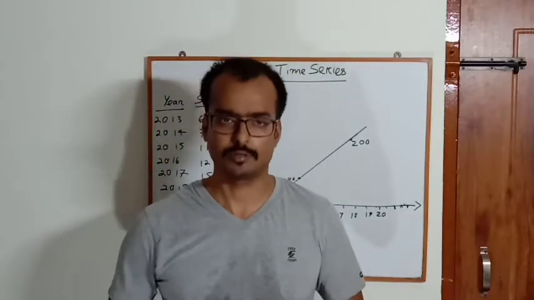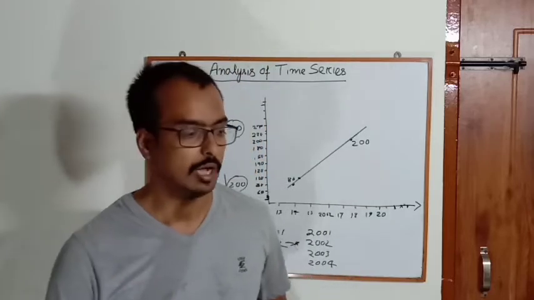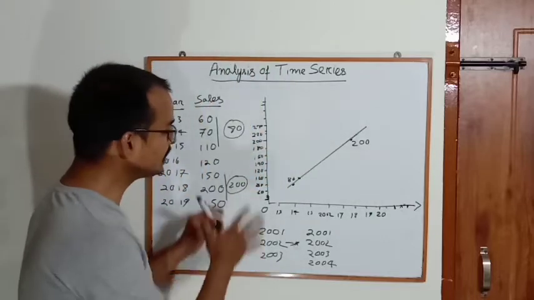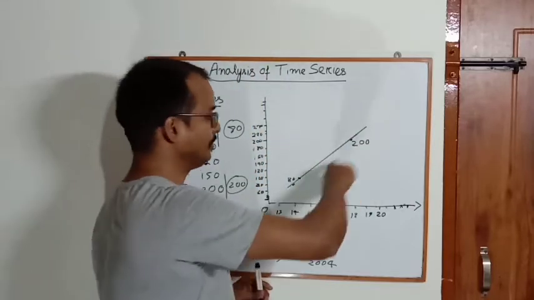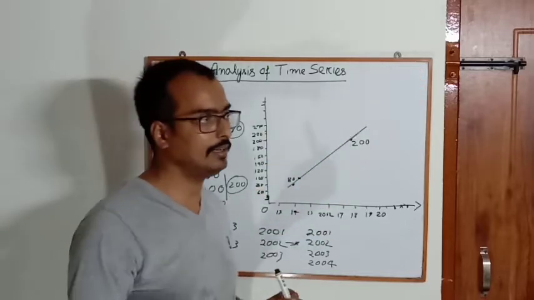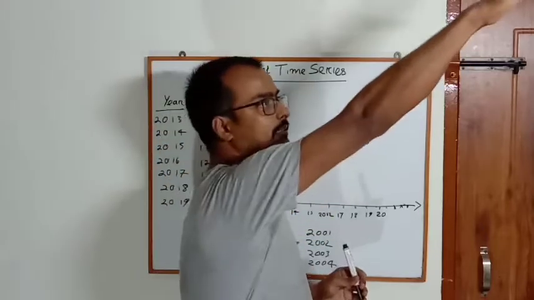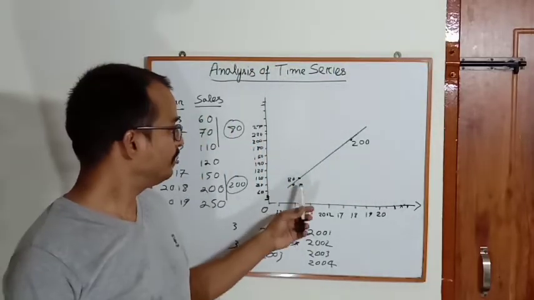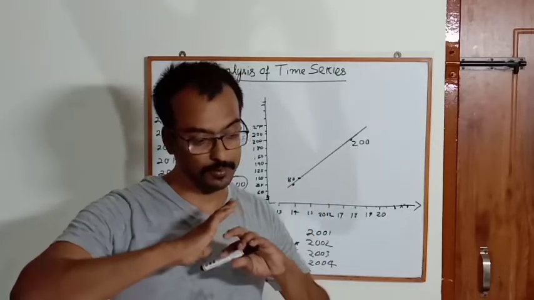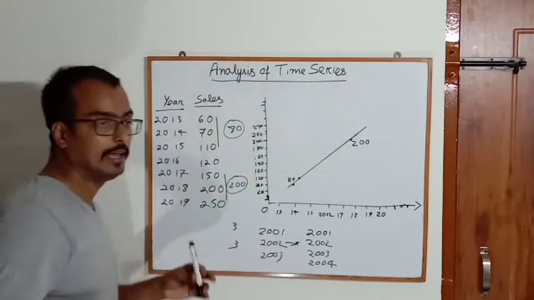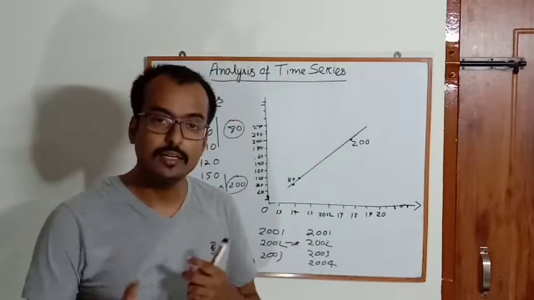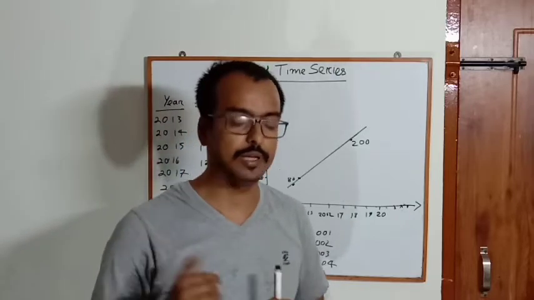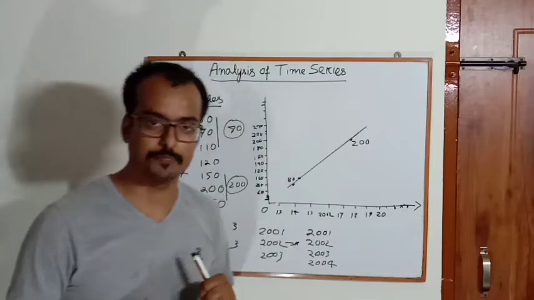This method has some defects also. This is not free from limitation, though we have said that subjectivity has been out. The first problem is this formula assumes a linear relationship. You see, the relationship is linear. It may not happen. Sales may not increase like this. Sales may increase like this and this and this and that. So you just taking average of the middle and plotting a value is ignoring the variations. Whether we can take care of the variations or not, we have to see. So this is the first defect of this.